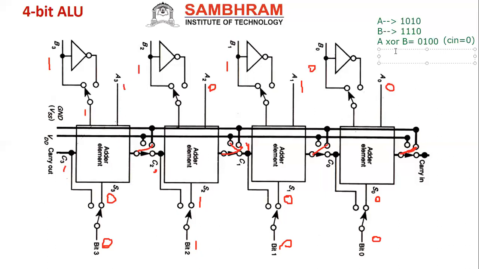Now let me show for some expression what I should do. XNOR. What should I do for XNOR actually? XNOR is nothing but you should make Cin equal to 1. Correct? Same, what will I get for the XNOR output? For XNOR, both are 1 means it is 1: 1, 0, 1, 1. This is the output I have to get. So now for this, Cin is equal to 1.